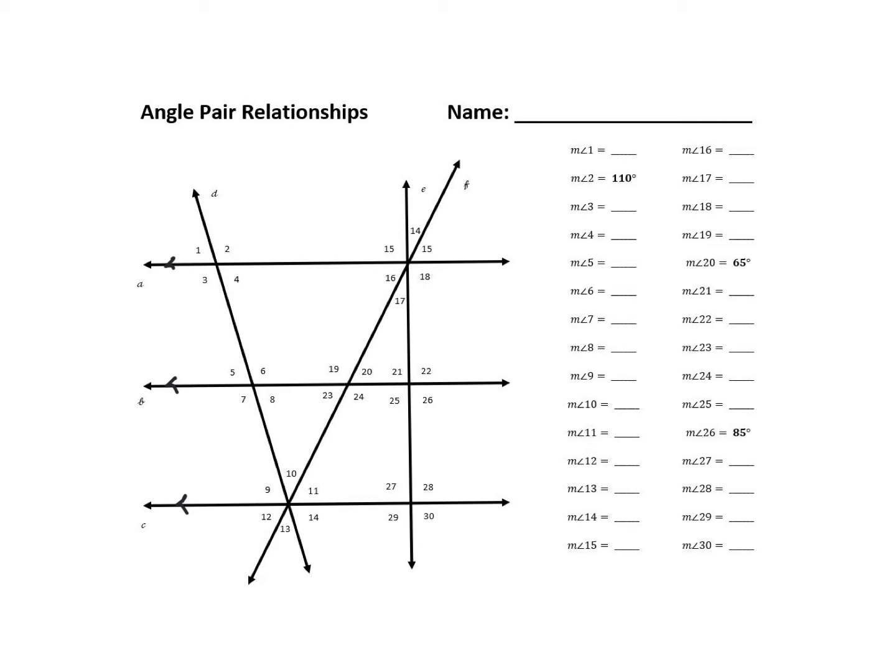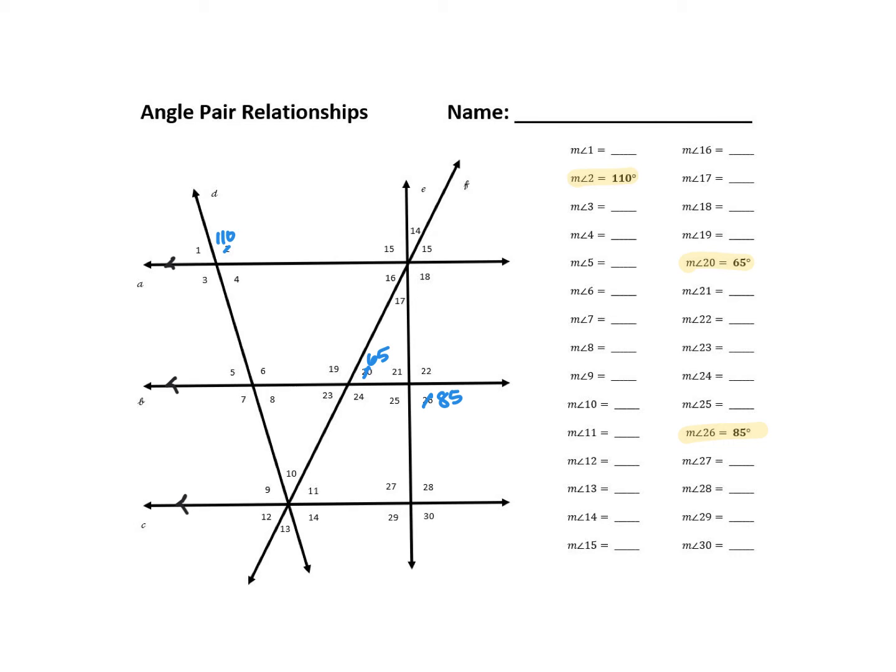And then notice off on the right hand side, there's 3 angles that we already know. So that's angle 2, angle 20, and angle 26. So I'm going to go ahead and fill those ones in. Okay, now for starting to find some of the other angles. I'm not going to fill this out completely because you will do that, but I'm going to help kind of